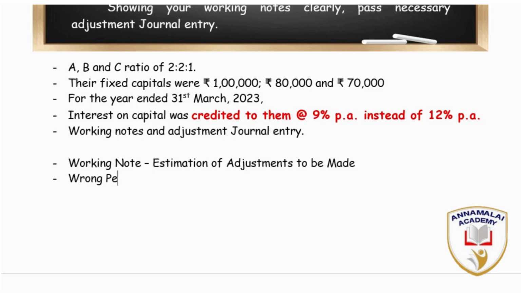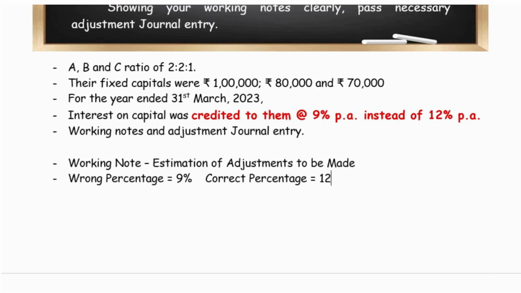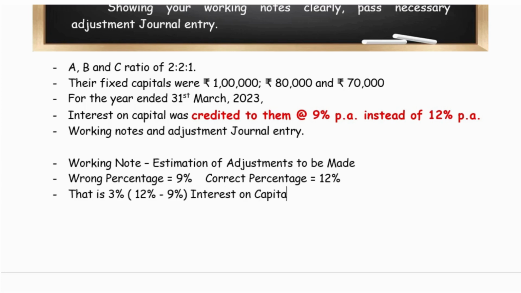So, wrong percentage was 9%. And they should have been credited with 12%. That is, the correct percentage is 12%. Therefore, the difference of these, 12% less 9%, that is 3%, is the interest on capital given less to partners. Now to make the adjustments, this 3% has to be